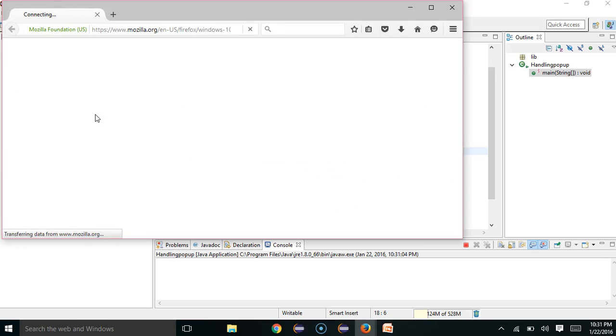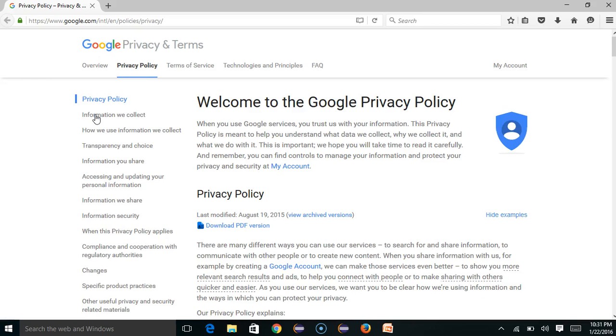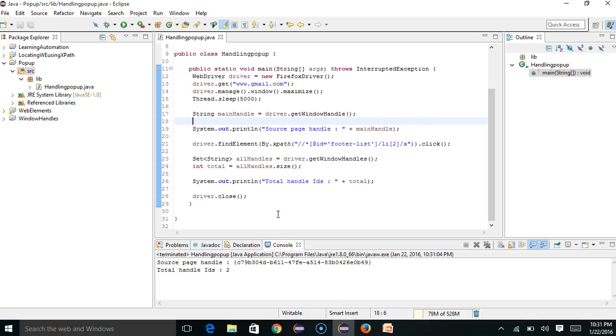So here we go. Right, now I will click on that privacy and it will open the next instance. Right, now it opened the second instance. It will close this window. See, it's returning total is 2. Now why it's not closing out this window,